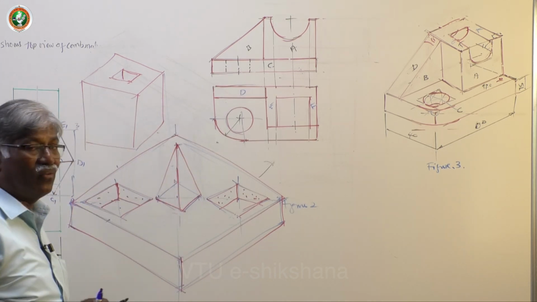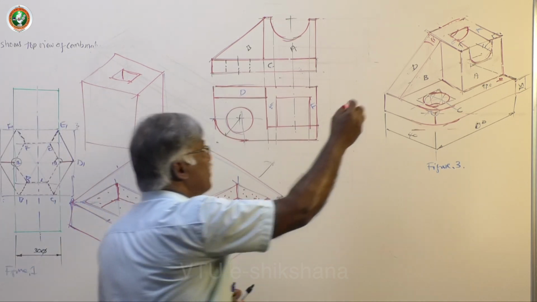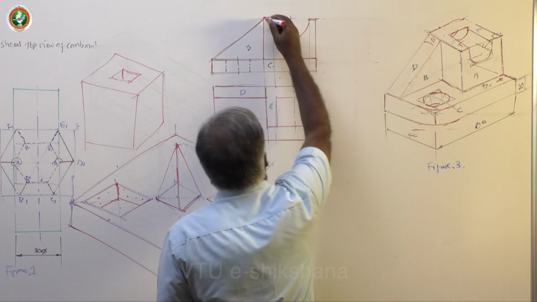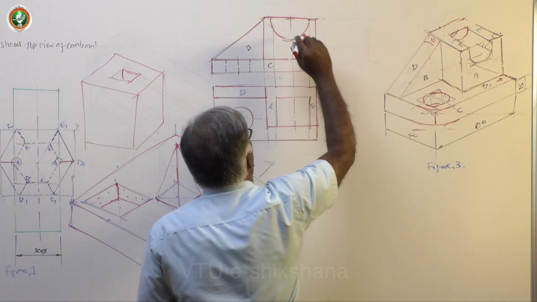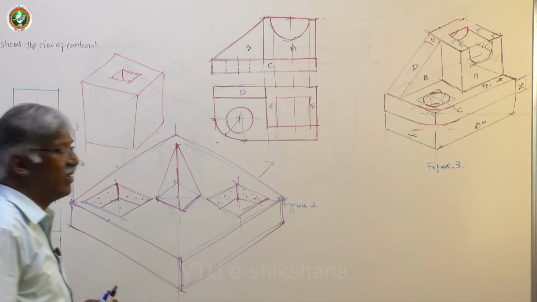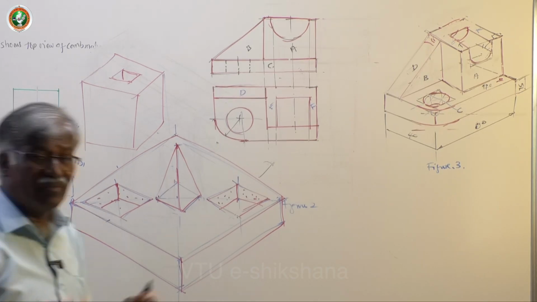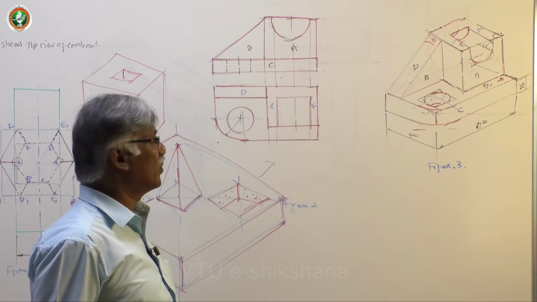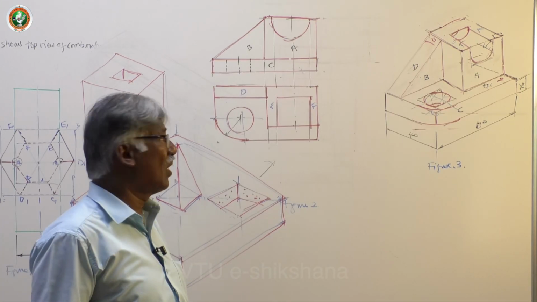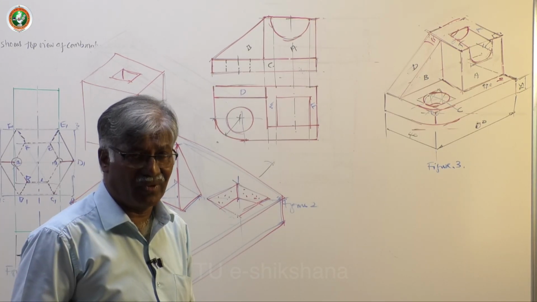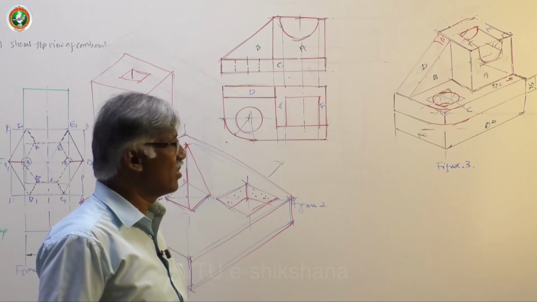What about the front view? Yes, this particular surface is represented by a line. I don't think any more changes. This is how you can convert the isometric projection or view to orthographic projection. Okay, so this is about the isometric